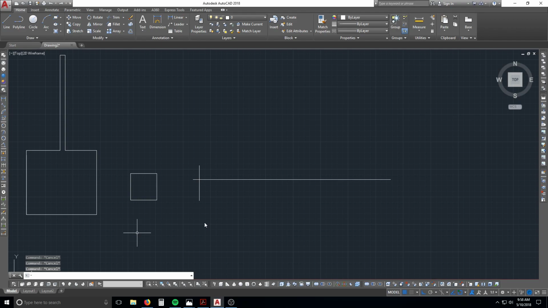The next letter I'm up to is I. So insert. If you guys ever need to insert a block, we haven't gone over what a block is yet, or if you need to insert a photo or a PDF or a JPEG or a PNG file, anything, you do it this way. So it's I, enter,